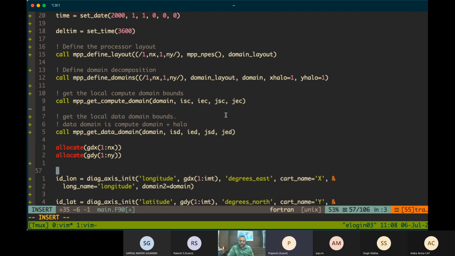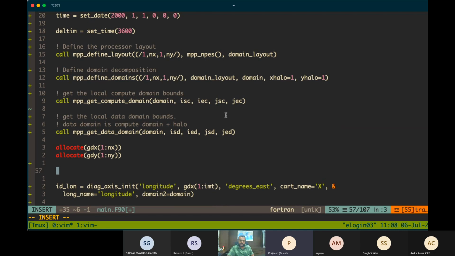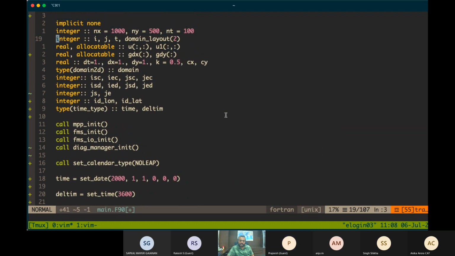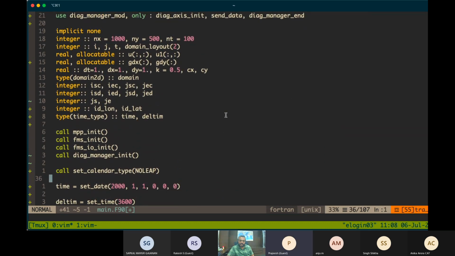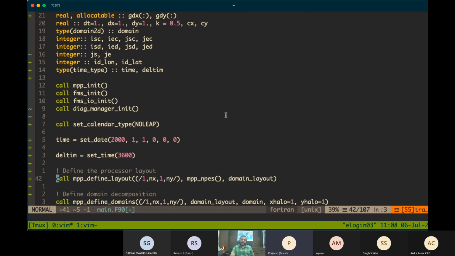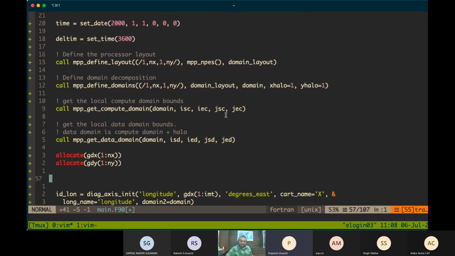After that, we should populate these with values. We are using NX of 1000 and NY of 500, so we'll just take some area. Let's say the area is over the Indian Ocean, between -20 to 20 and 40 to 100.